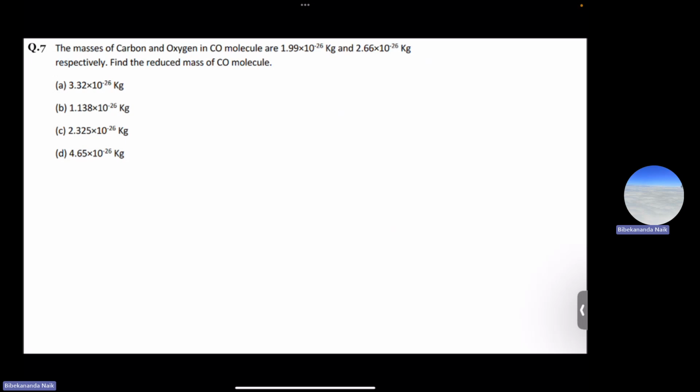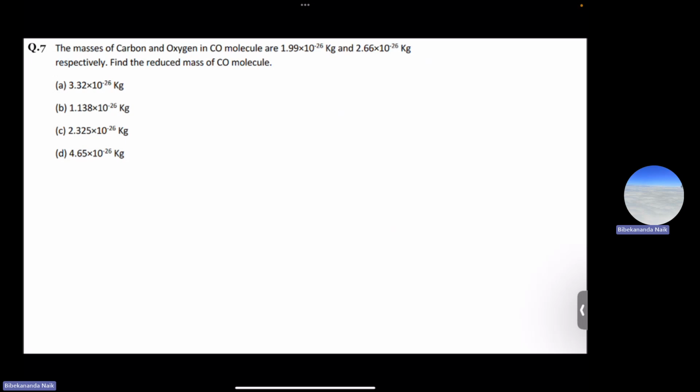Now we will move to question number 7. Question number 7 says the masses of carbon and oxygen in carbon monoxide molecule are 1.99 into 10 to the power minus 26 kg and 2.66 into 10 to the power minus 26 kg respectively. Find the reduced mass of carbon monoxide molecule. Options are option A 3.32 into 10 to the minus 26 kg, option B 1.138 into 10 to the minus 26 kg, option C 2.325 into 10 to the minus 26 kg, and option D 4.65 into 10 to the